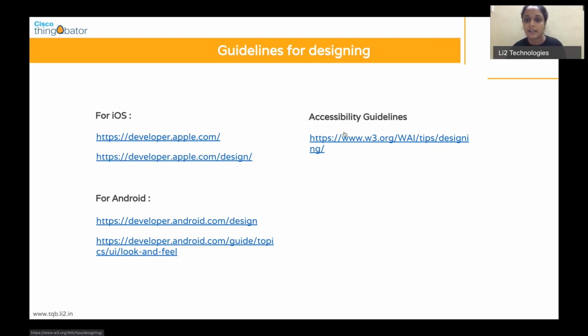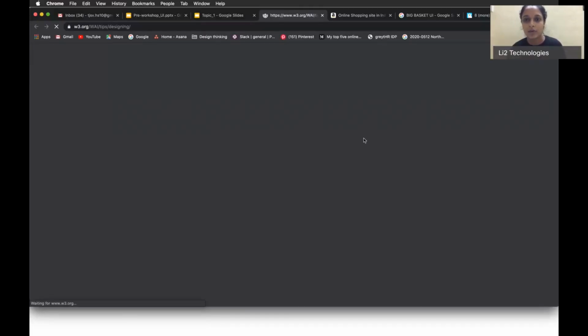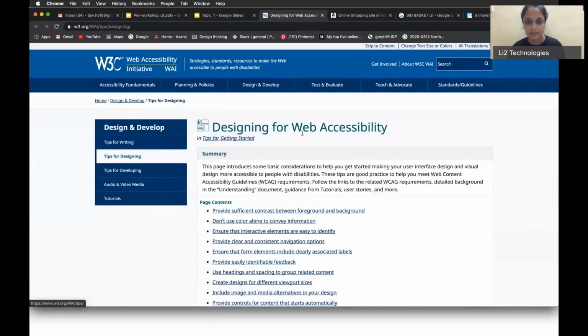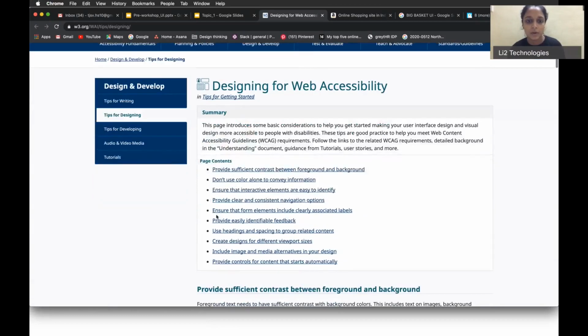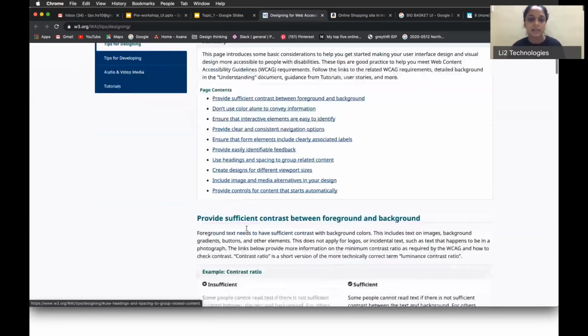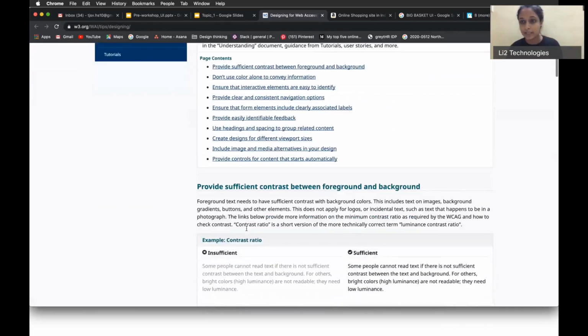So for that, it is w3.org. So designing for web accessibility, there are a lot of tips on designing for this. There are tips for how to develop different content, and how not to use a color, how to use a color, how to space your text so that someone who's visually impaired and the device is reading out to them, it should be easy for the device to read it out. So how to place your text, and just simple things,